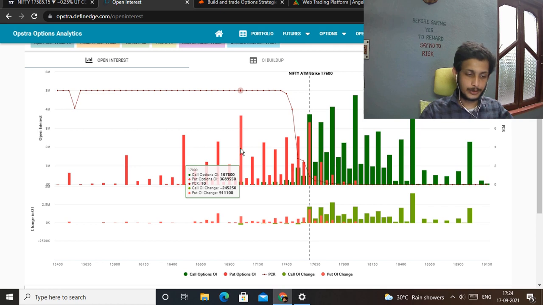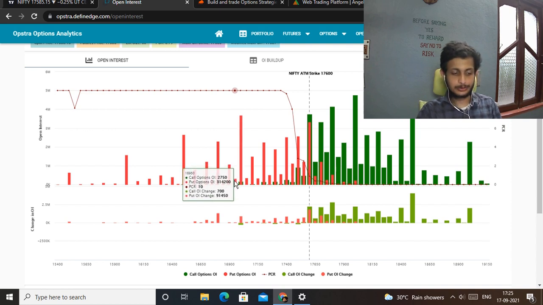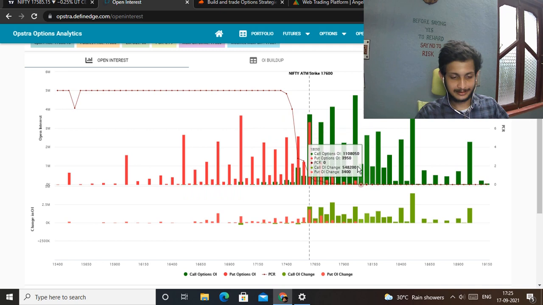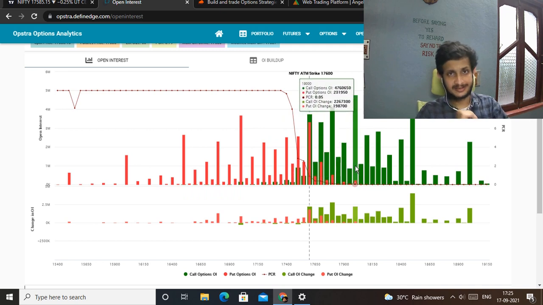And since our view is negative to neutral, that is, we are giving more weightage to the possibility that the market may come down drastically, the market may correct itself drastically, there may be scenarios of a bear market, this is also something we are predicting. Therefore, we will hedge our lower side, that is, we will sell a 17,000 put and buy a 16,950 put. And this 18,000 call on the upper side we will just sell naked, we won't hedge it.